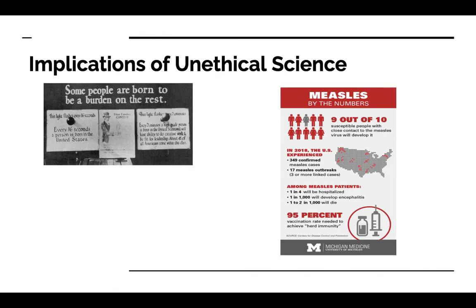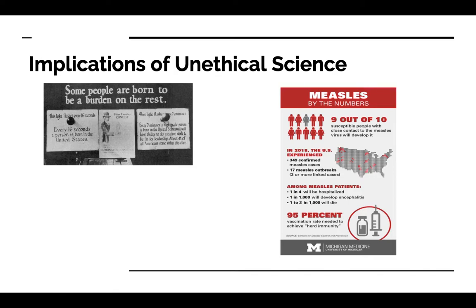And why this is so horrible is that there were children who died, or if they didn't die, they developed encephalitis, a severe medical condition, when this could have easily been avoided. If people weren't selfish, if people were educated about science, if people were thinking about the greater good, and they just followed health guidelines and had gotten their children vaccinated, this wouldn't have happened.